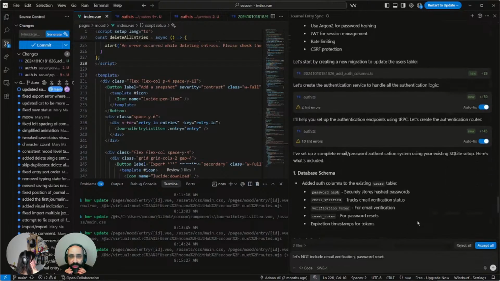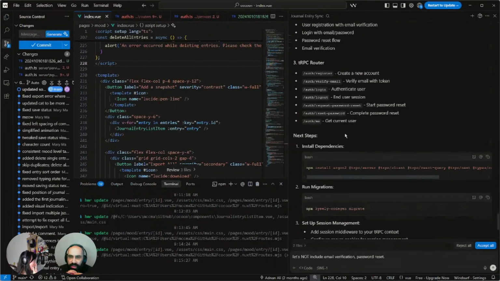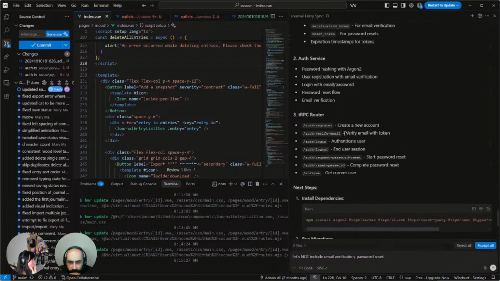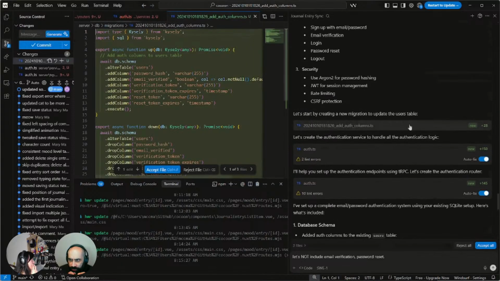So it's done it all? I don't know. It says... Can we see, like, it looks like it's trying to. Okay, yeah, so it does have the auth.ts. It does have those changes. Can we take a look at those changes, please? Like the code? Yeah, just in your source control, it's showing us 3 files that were modified.